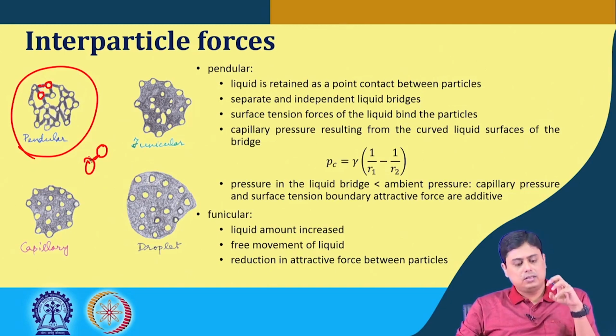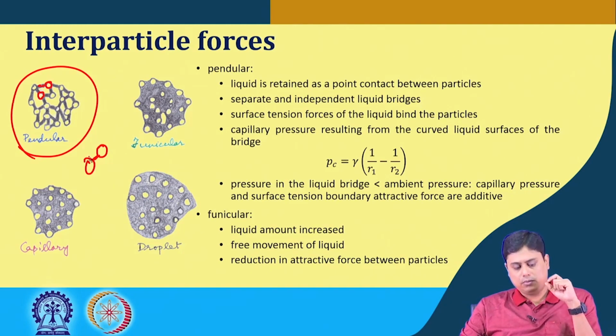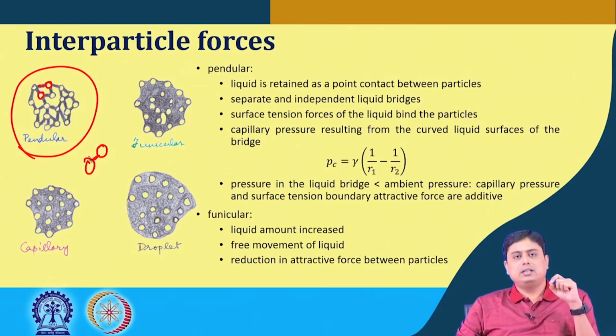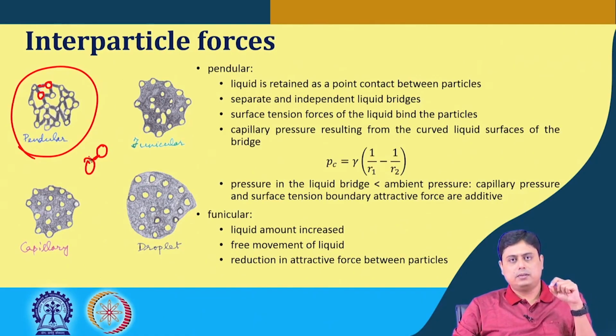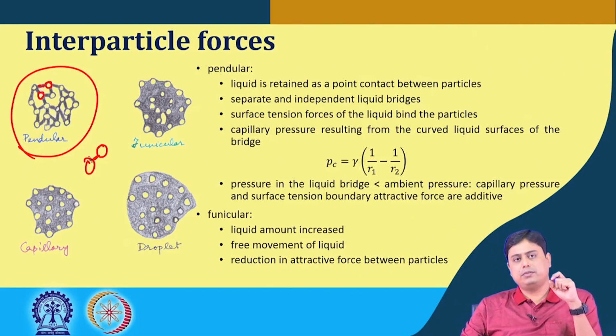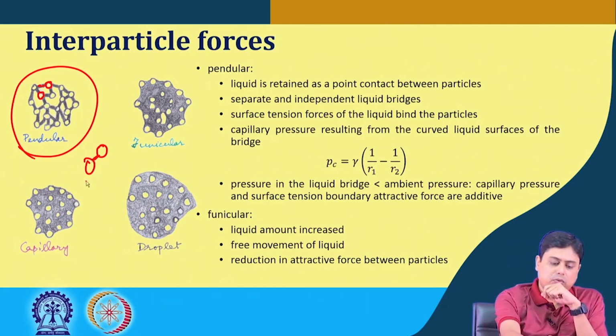The presence of this minimum amount of liquid forms the bridge, or the point of contact, that results in the surface tension forces which bind the particles. This liquid surface tension force actually binds the particles, and since the bridge is formed,